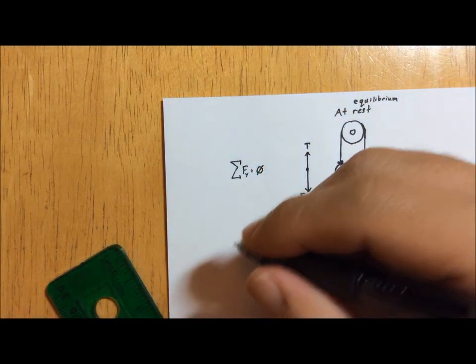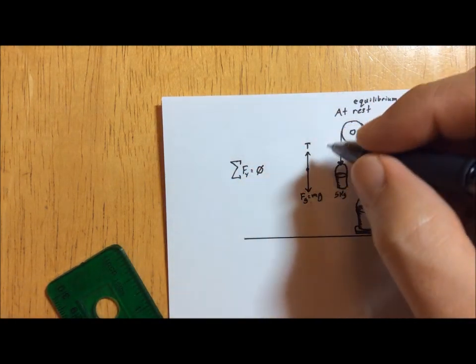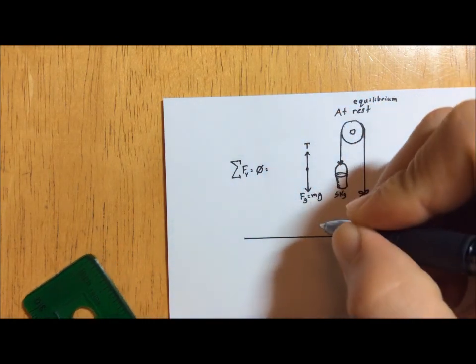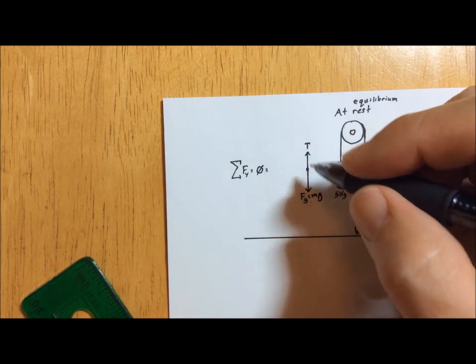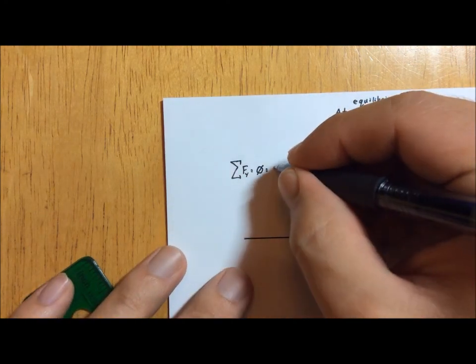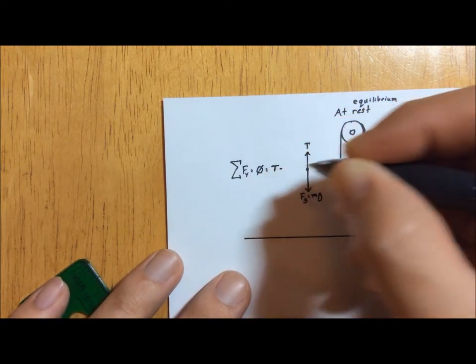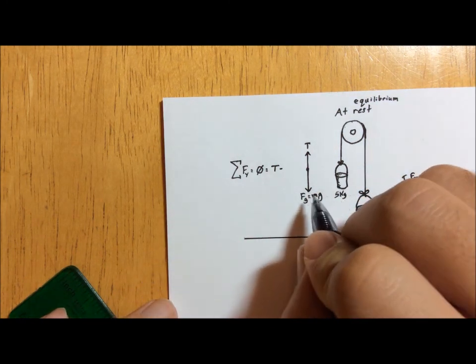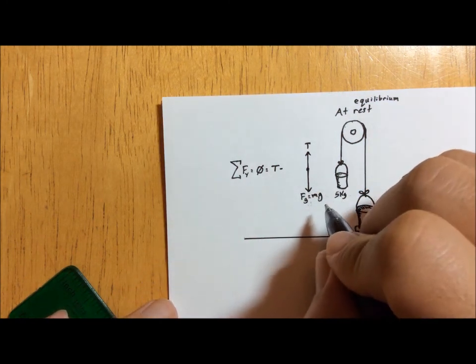It's equal to ma, but we want it to be equal to 0 because it's not going to be accelerating. It's in equilibrium. And the forces that we have are two of them. We have one force up, we have one force down. We have tension pulling upwards, and we have this mg going down. Let's see, it's going to be 5 for the m, g, let's call g 10.